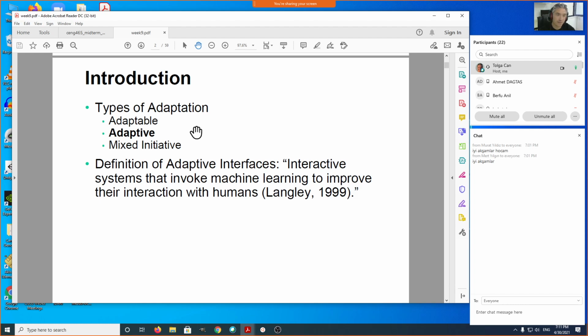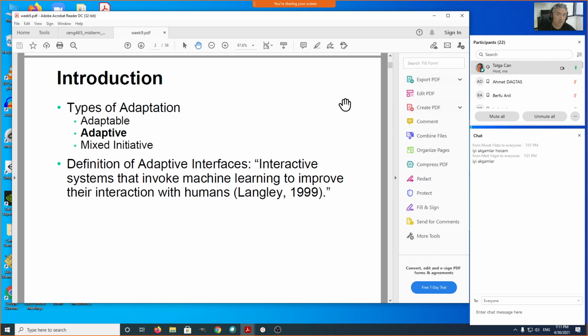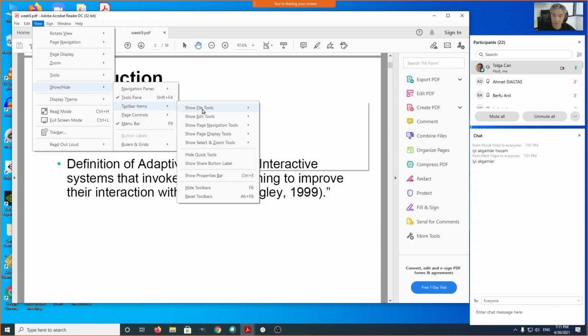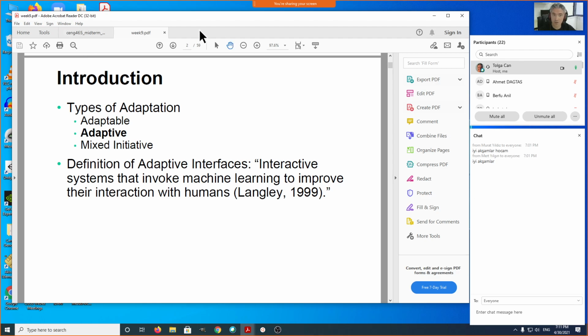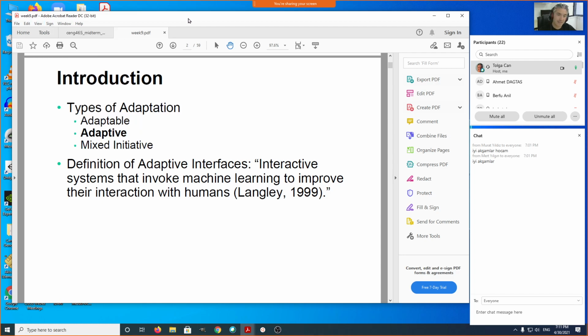customize certain things. For example, I can play with this window. When I say view, I can show or hide the tools pane. I can show it here, or I can have the page control toolbar items. I can show or hide quick tools. So where was the quick tools? Since I didn't use it, I didn't even see it being hidden. But what I mean is that when we have interfaces like this, I think the quick tools